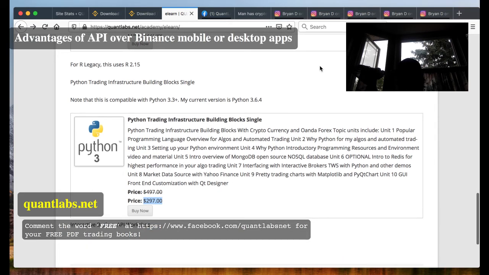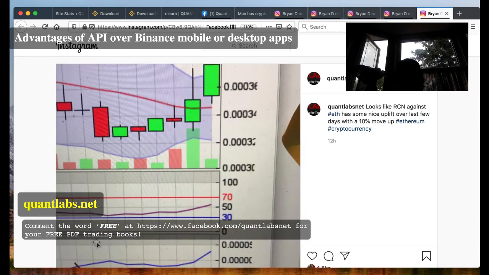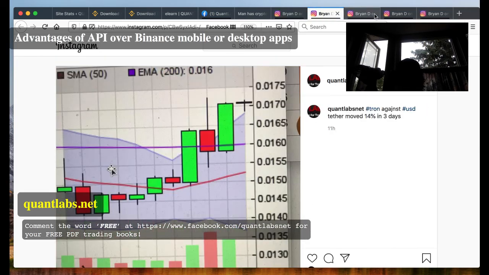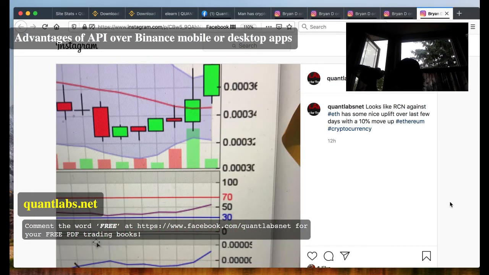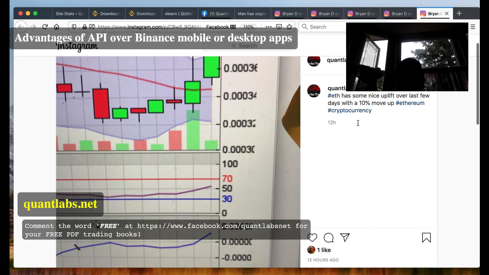So because of that, you see these opportunities, and you don't even see them in MotiveWave neither. So this is one of the reasons why I think using the API, whatever language you want, preferably, I guess, Python, is just easier and just more versatile. You just get farther ahead than just working with this type of interface with the app from Binance. So it's a huge advantage once you get to use it. It's really primitive, this app. I verified